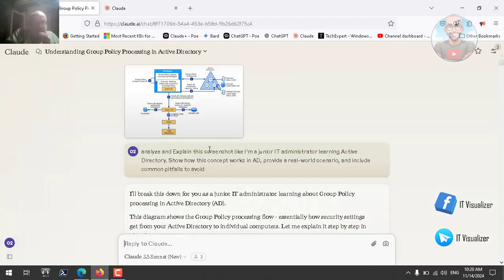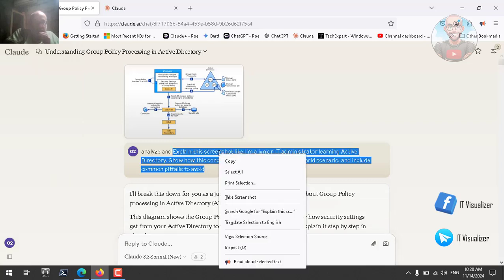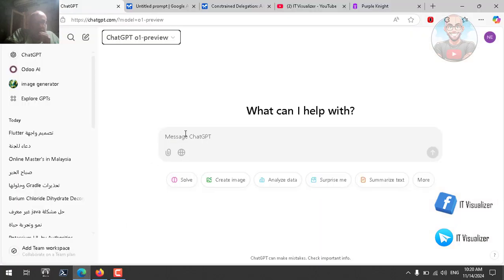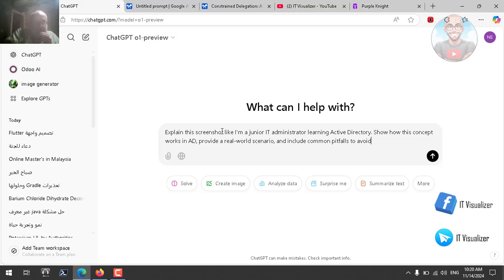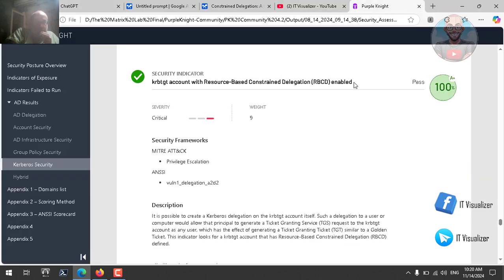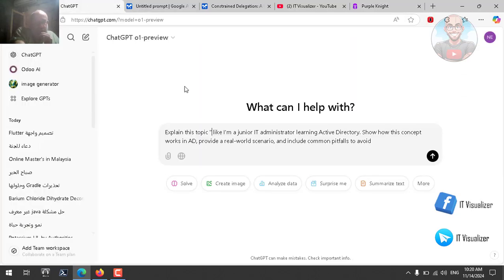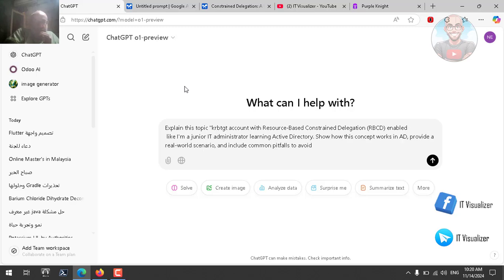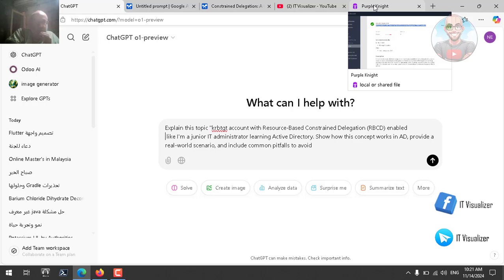Here is the prompt that I use. We will copy this prompt, then go there and paste: explain this topic. Then we put the topic between two brackets, because we usually do this, as we always do. This is the security indicator title. We put it in the prompt and then press Shift+Enter to go one line down,